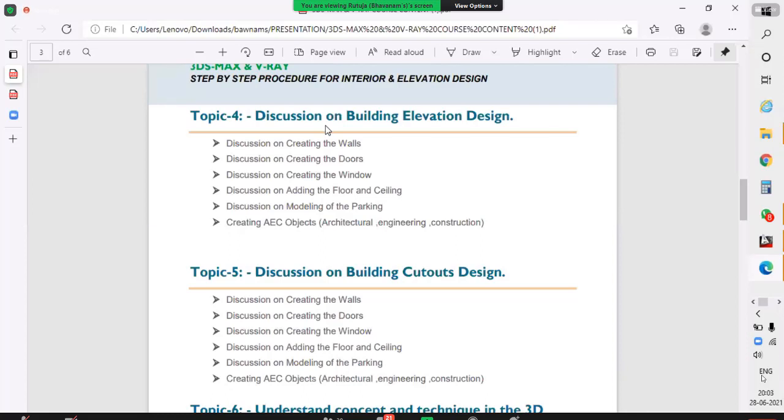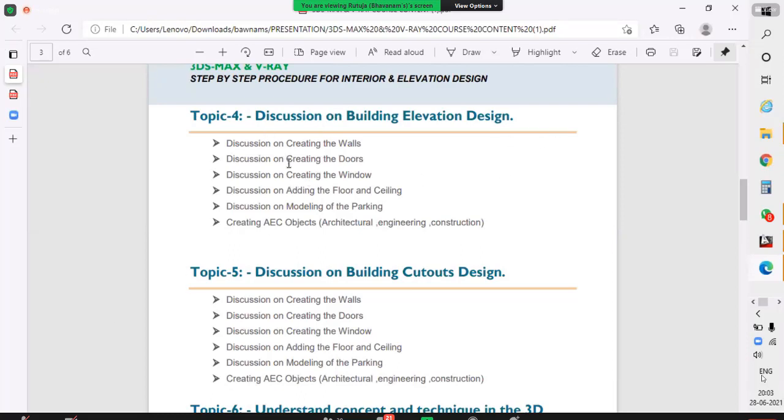Many people in our society take lots of charges for elevation design, because it's important how your home looks on the back side or the front side. So that's why we will have a brief discussion on elevation design.